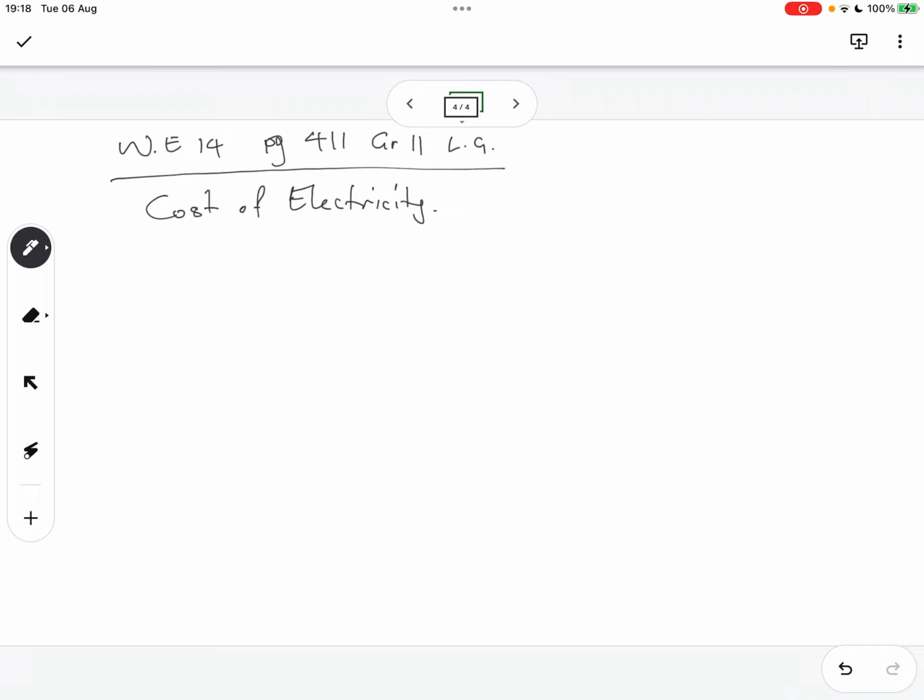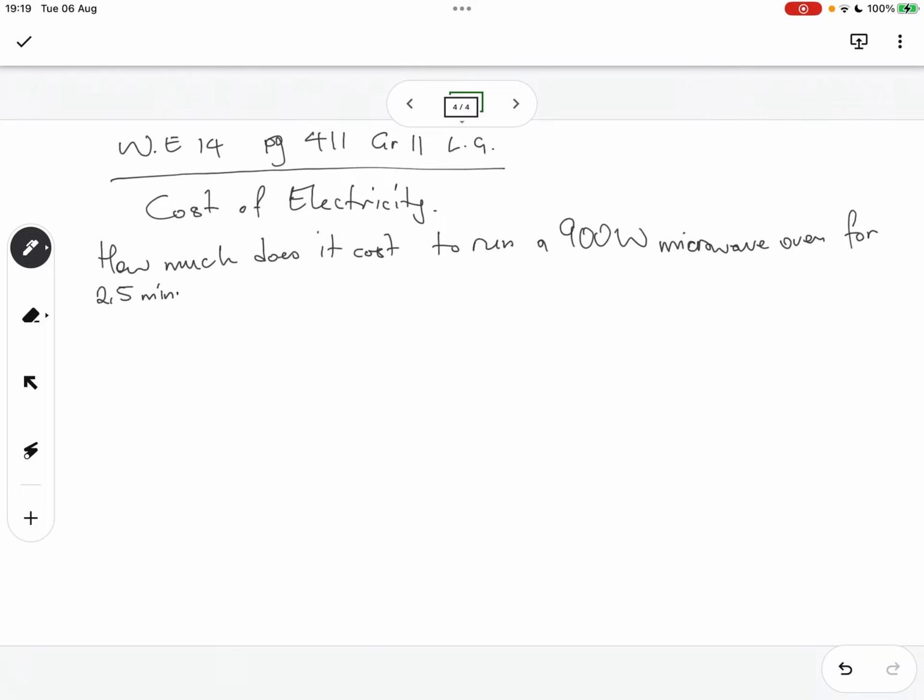So, how much does it cost to run a 900 watt microwave oven for 2.5 minutes